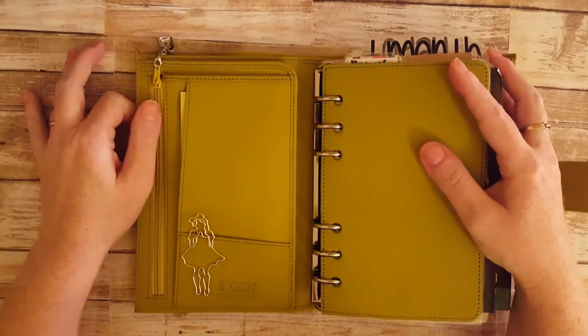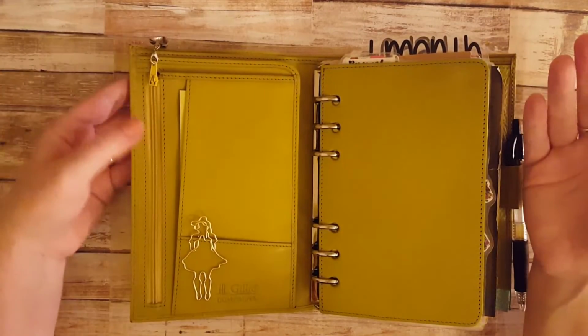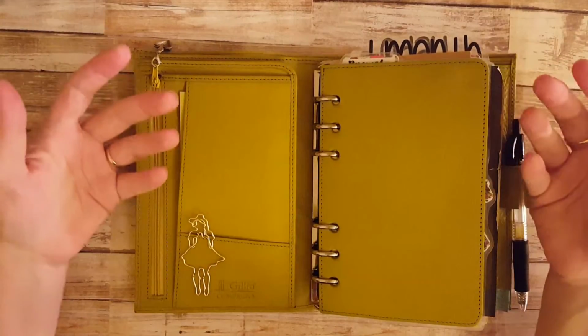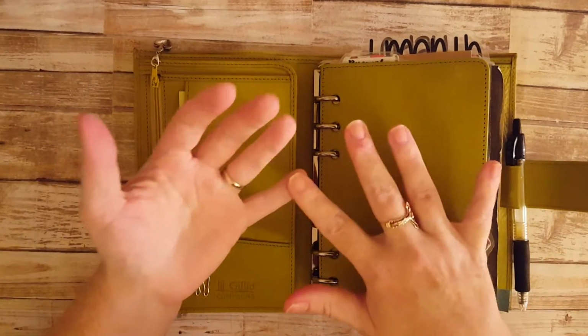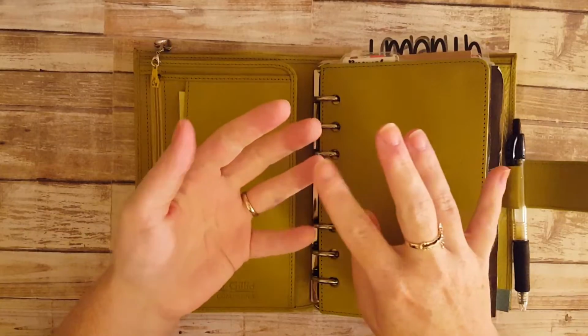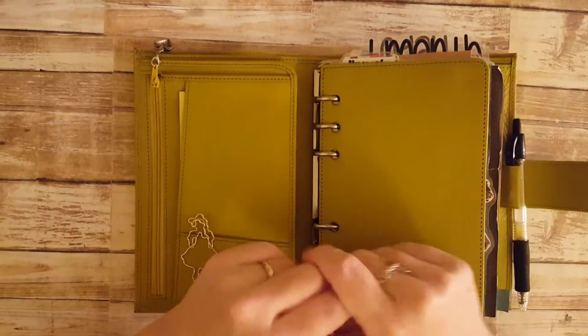Now, I'm not a collector of planners. Many of you know me. You've seen over the past few years since I've gotten into personal planning, I've had different kinds of planners. I've reviewed my Filofax Malden, which I absolutely love. Her name is Hazel, and I'm not letting her go. And I've also reviewed the Kiki K personal, or they call it the Kiki K medium. I've also